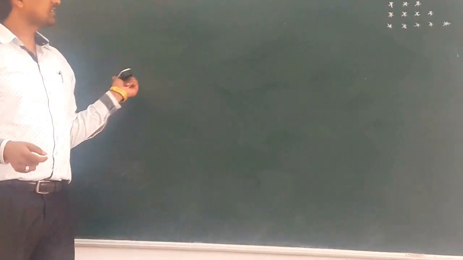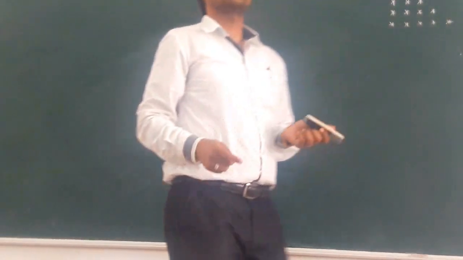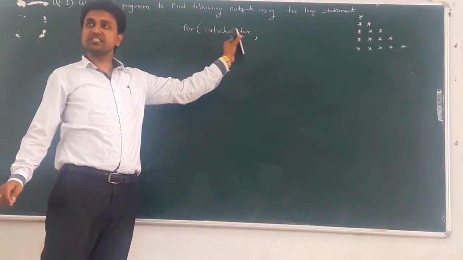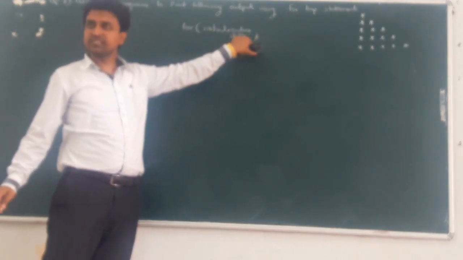Okay, so let's start with a new loop statement, that is the for loop. What is the syntax of the for loop and its execution flow? First, the syntax of the for loop. For, that is the keyword. Next, the initialization statement. After that, give a semicolon. That is the syntax because it is a statement and a statement ends with a semicolon.